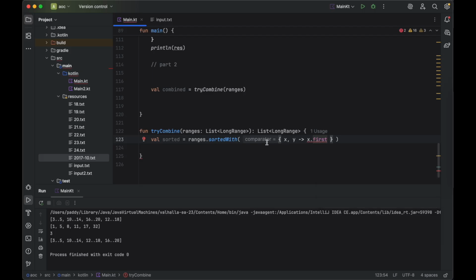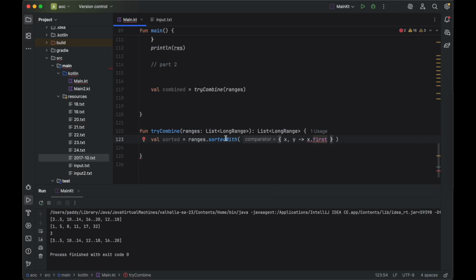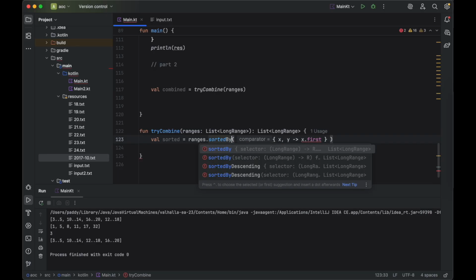Does it expect an int? Okay, whatever. Let's just see if it's maybe enough